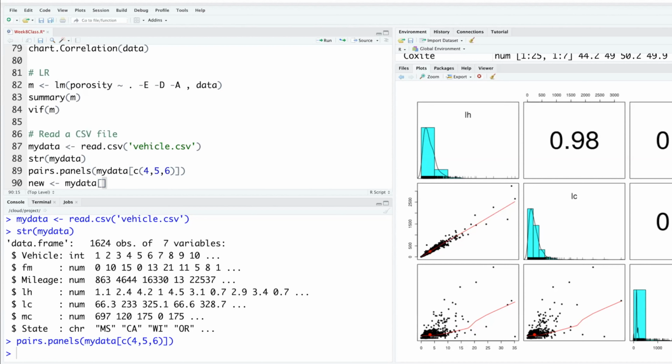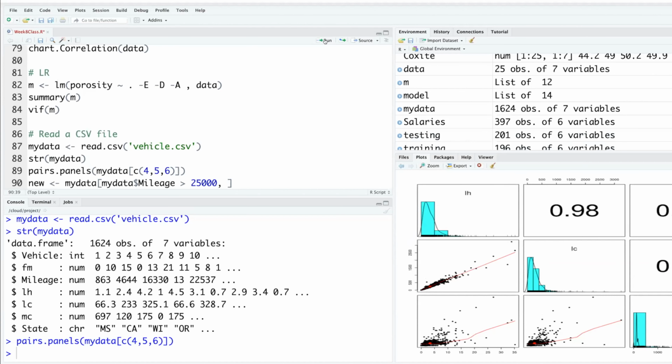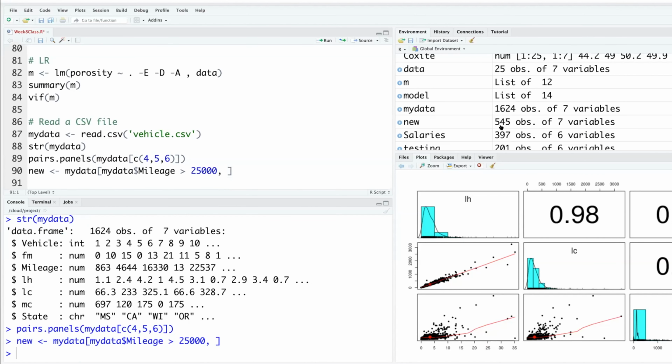So I want all the rows where my data $mileage is greater than 25,000 miles, and after the comma I don't put anything. That means I want all the columns. Remember that my data has 1624. Now if I create this new data, the new one has only 545. Suppose this was my interest. I want to see what happens after 25,000 miles because of certain types of failures.